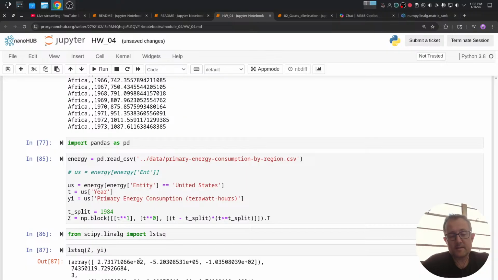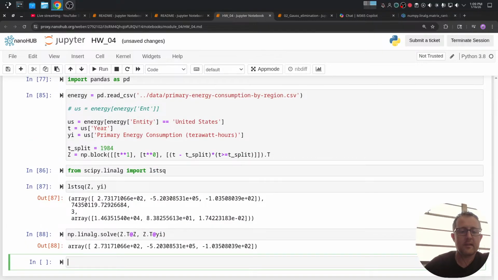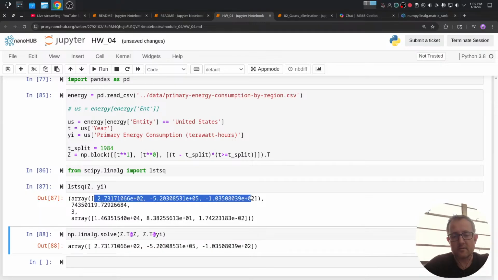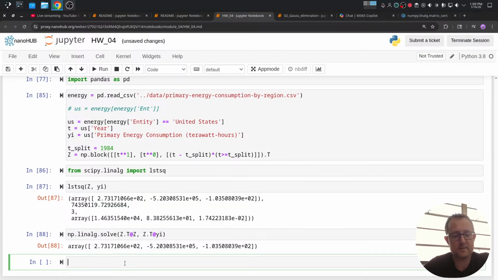This one gives us more information than just saying linalg.solve of z.transpose @ z and z.transpose @ yi, but it does give us the same constants. So there's no difference in the main output of what we're dealing with here. The main thing that comes up is that